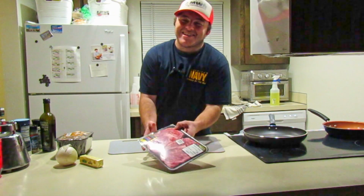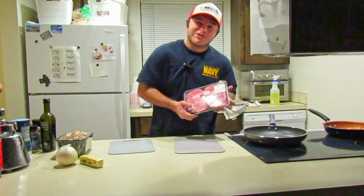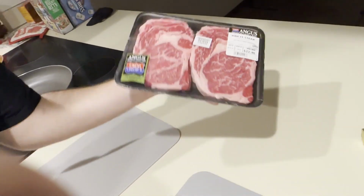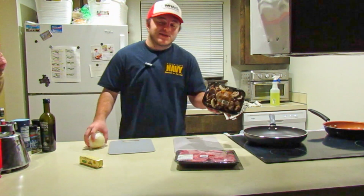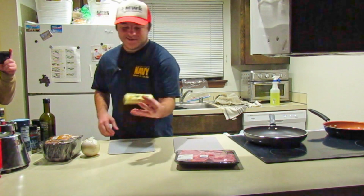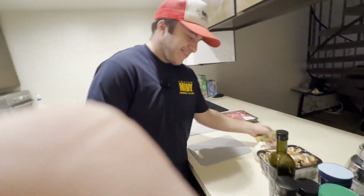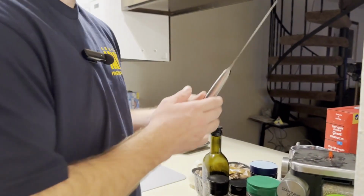So today we have beautiful USDA premium choice Angus ribeye steak. On the side, we're going to have some baby Bella sliced mushrooms and some white onion. And then for our butter choice today, we have Kerrygold garlic and herb butter. This is going to be a nice medium rare steak, so we'll begin by prepping up the